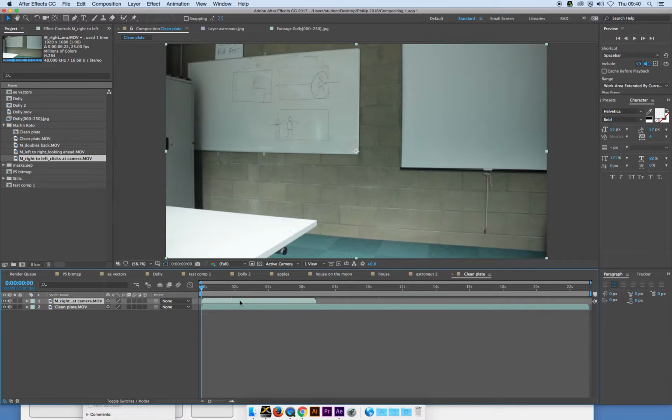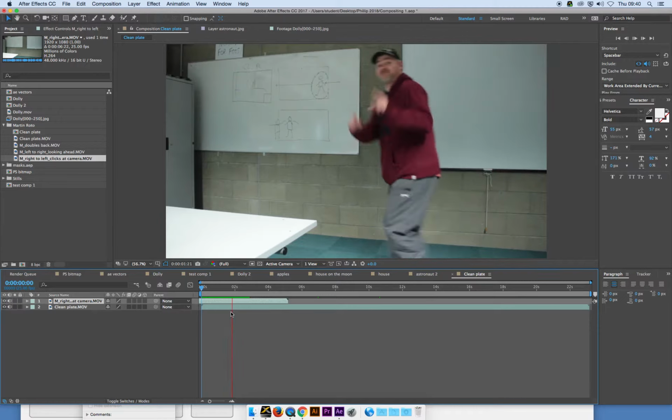So there's a few seconds before the actor walks, so I'm just going to slip that across until I just start to see a little bit of movement in the corner. So there is a shadow there. Now we could sort that out with the clean plate, but we're just going to go, yeah, so he's just starting to move there. You can see the shadow start to move, and as I hit the playhead, we'll see the movement,